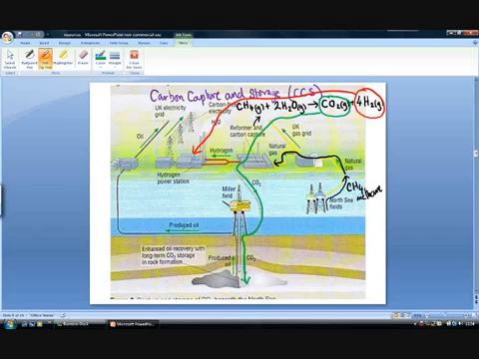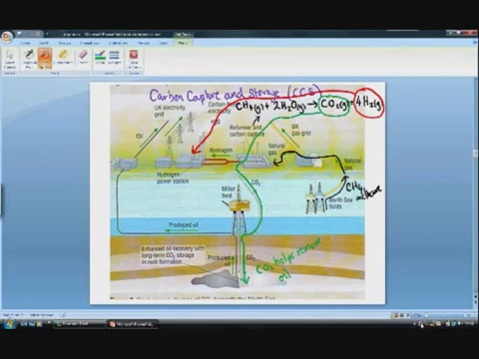That has the advantage in that it can help take out the oil. So although it costs money to set all this up, you will actually recoup that money, because the CO2 being pumped underground, under the sea, will actually help take the oil out. Now you might say, well, what happens to the CO2 when it's under there? Well, it will stay there quite happily, and it won't come out.